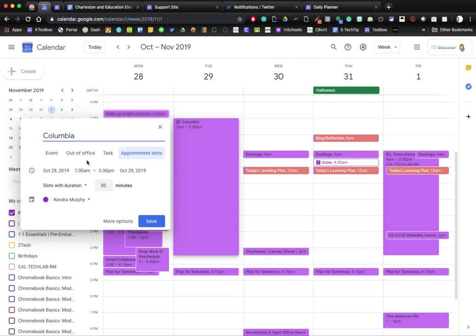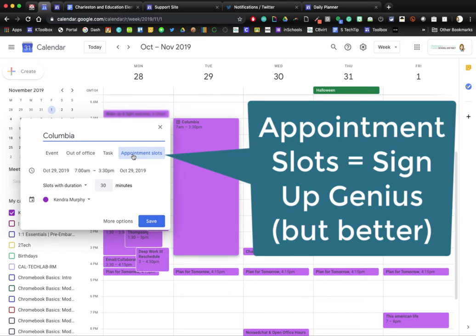The last thing, and the thing that I know school-based staff likes the most, is appointment slots. The way to think about this is that appointment slots is basically Sign Up Genius that you don't have to transfer into a calendar because it's already there. So let me show you what I mean. If I click appointment slots,